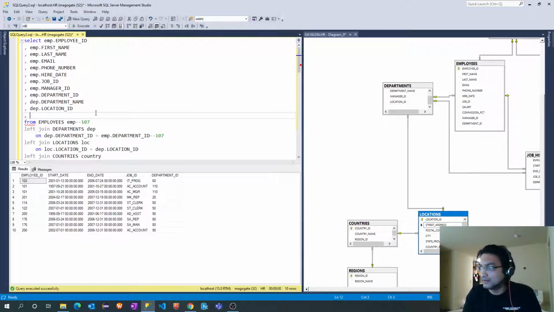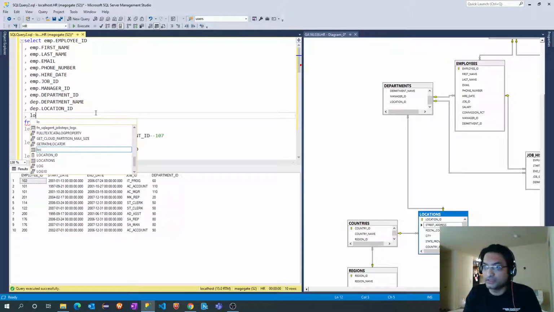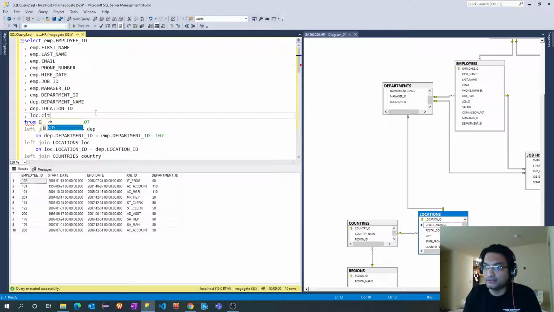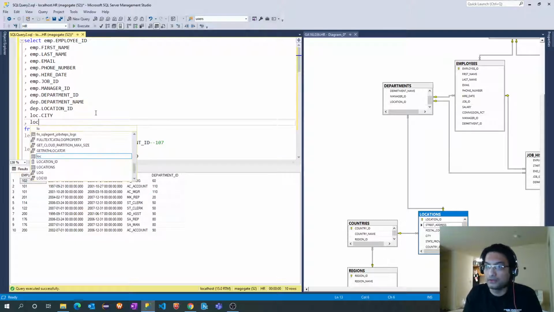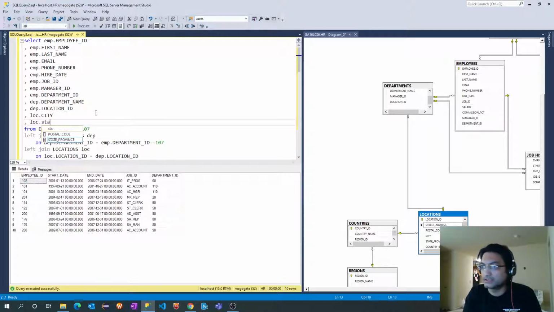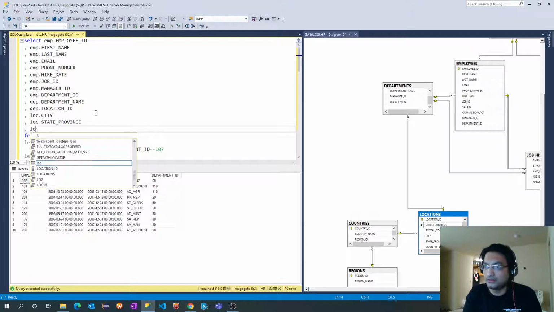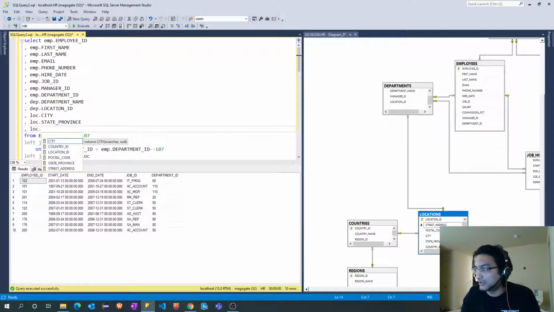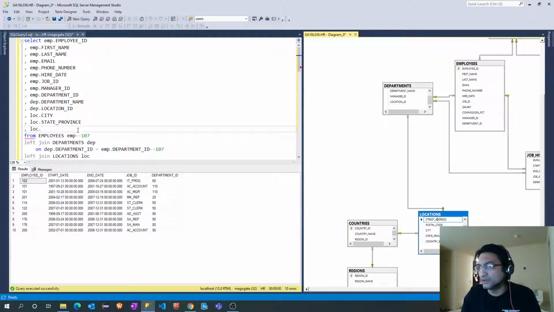So it is in the location table: location dot city, location dot state. Location dot country ID is there, but we don't need country ID either. Country name is in the countries table.